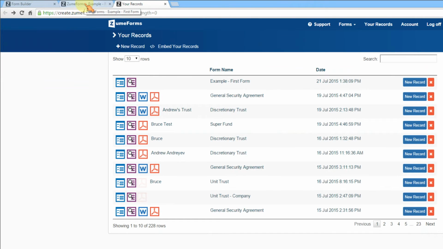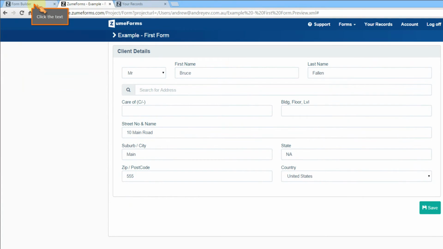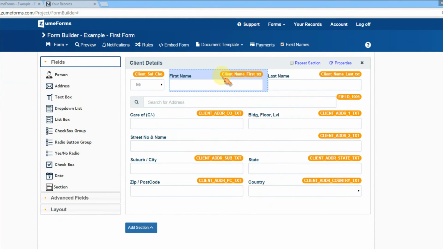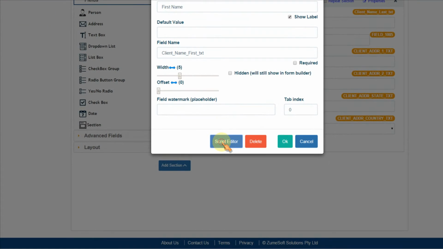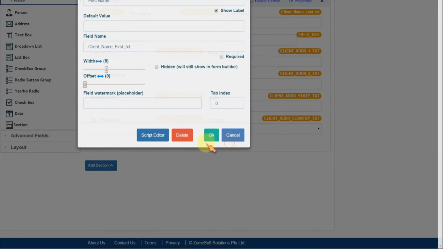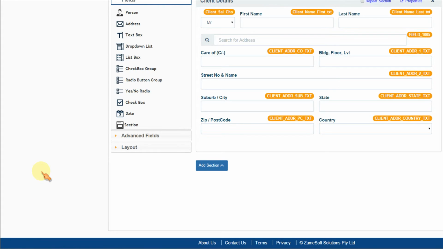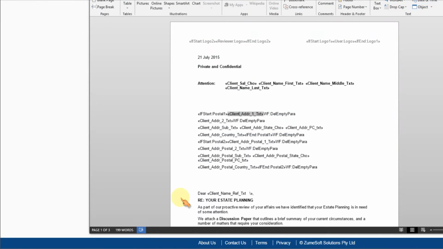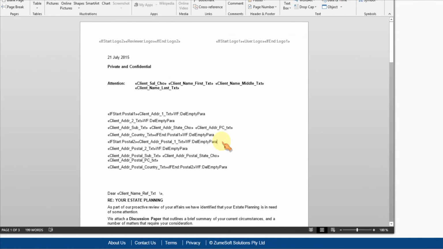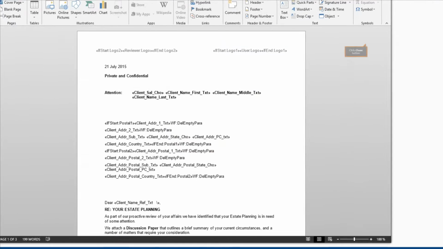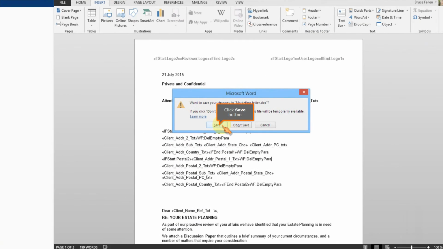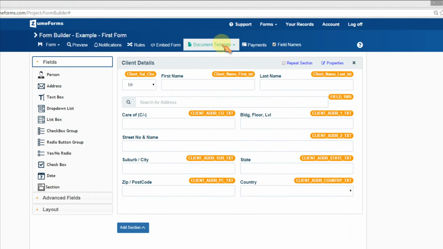Okay, so now the next most important step, you want the system to create a document after they've filled out the form and hit submit. We've already created a document template and just briefly covered what you need to put in there so that the data entered into the form comes out in the document. So in the form builder, we've got a document template button. I'll select document template, and I'm going to say the user can only be allowed a PDF, and the user is allowed to get the document after it's been submitted. And now I'll upload the template, my marketing letter,